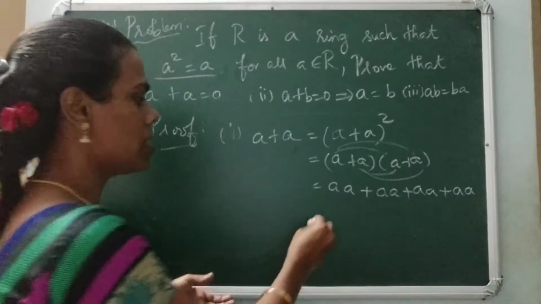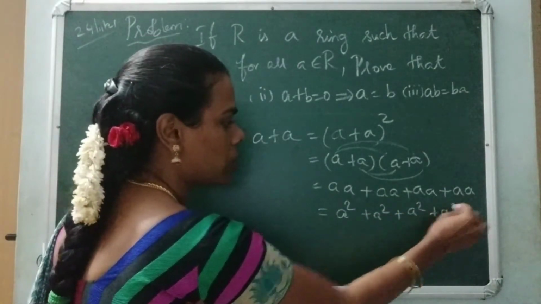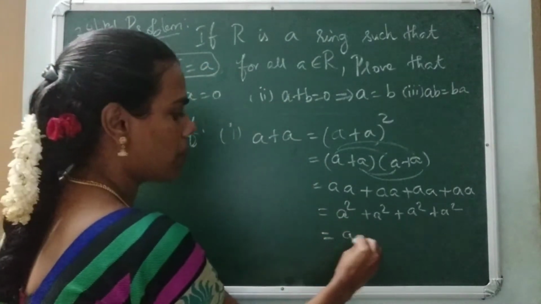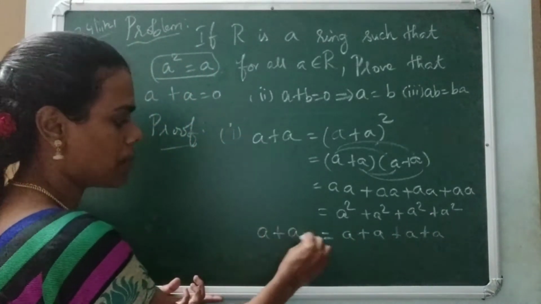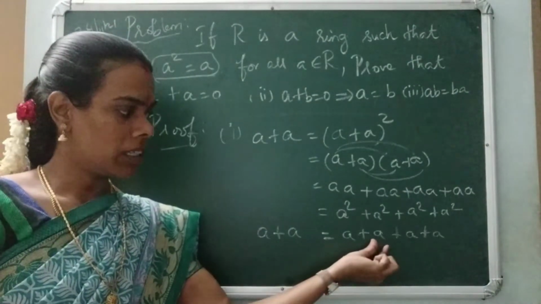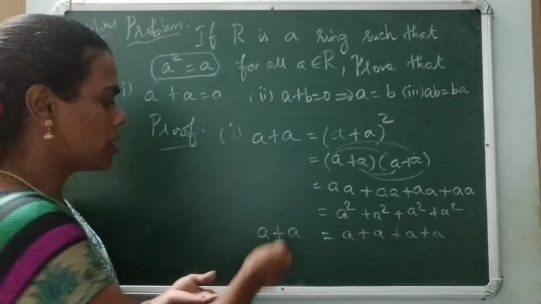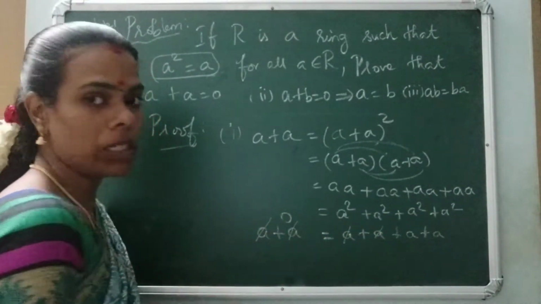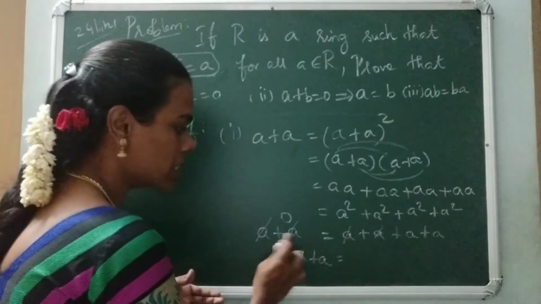Okay, so see here, this is nothing but a square, a square, a square, a square. So a square means you can replace by a using this condition. So here you can write a plus a plus a plus a. The left side also I am having a plus a. So this a comes to this side, it will change into minus a. This a comes to this side, it changes into minus a. So a minus a will cancel out. Therefore this 2a cancels out. So the left side value will be only 0. Right? Therefore we proved a plus a value is 0.